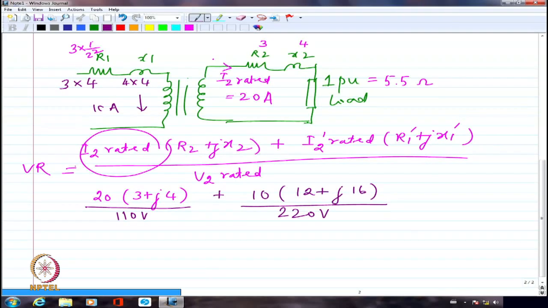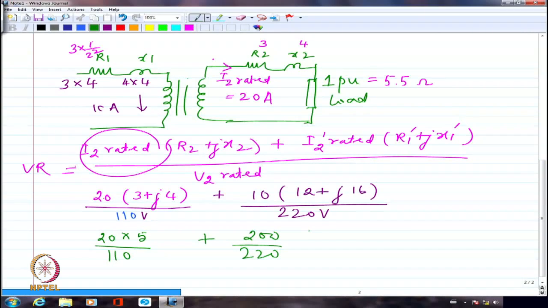So now if I am looking at whatever is the fraction I am getting, you try to calculate what is the percentage. This will be 20 multiplied by 5 divided by 110, whereas this will be 12 plus 16. How much is it? Square root of 12 square plus 16 square. How much will it be? 20. So this will also be 200 divided by 220. So both of them are essentially the same amount of percentage that I am getting with reference to its own